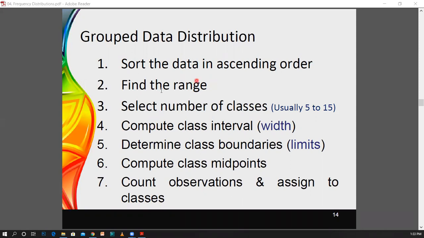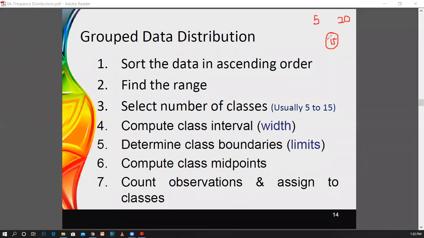And then next you have to select the number of classes. According to the data set that we are having, we set this class number. Normally we have a class number from 5 to 15. As an example, think about if you are having a minimum value of 5 and a maximum value of 20. How many classes are you going to define here? You can go from 5 to 15. If you define 15 classes, will it be successful? Definitely, it will not be successful.